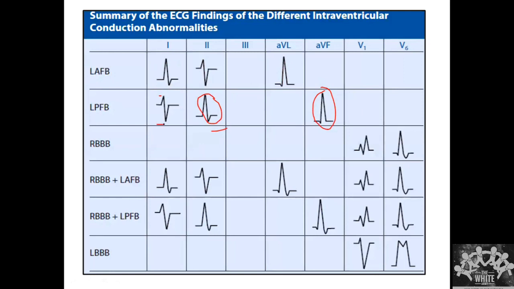So that's how you identify a left posterior fascicular block. If there is a right bundle branch block with a right axis deviation, you should look actively for the presence of a posterior fascicular block. If there is a right axis deviation, you look for a posterior fascicular block, or if there is a severe RVH, there will be some cause. You should tease the cause out.